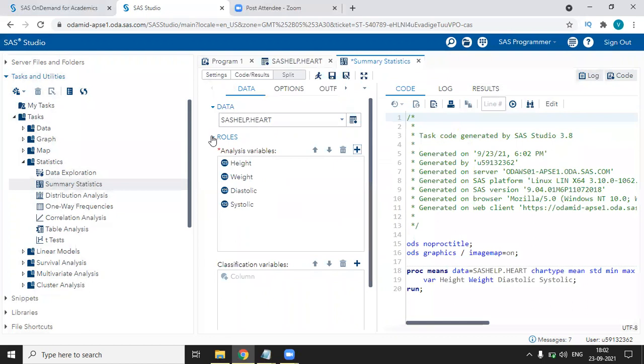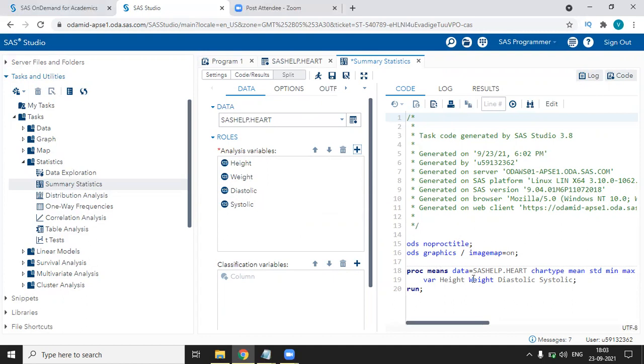Now you can see the data set is selected and the specific variables are selected. One thing to notice is that whatever actions we are doing on the left side are converted into code on the right-hand side. SAS automatically converts all these actions into code. This is the one best thing about this SAS software. You just have to click whichever option you want, and SAS automatically creates the code for those options. So this is the advantage of SAS.